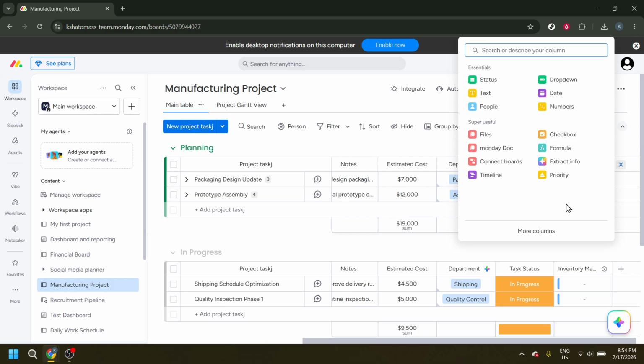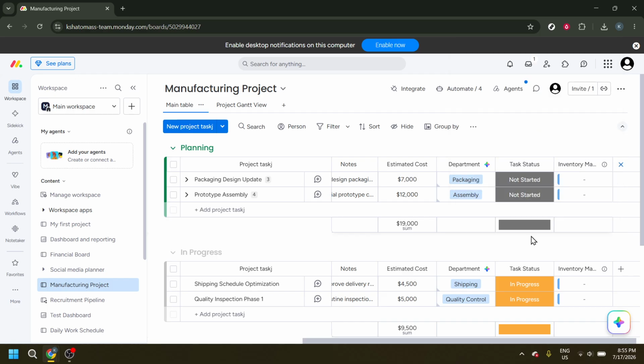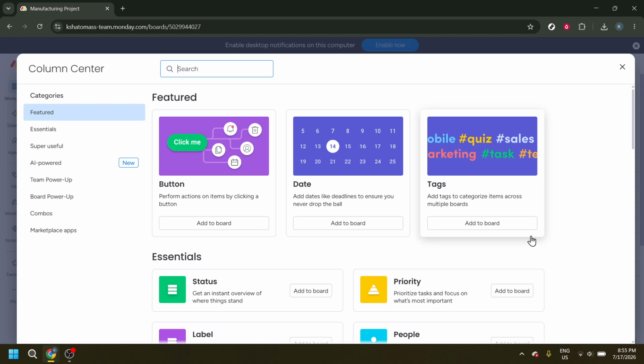After clicking the plus icon, a menu will appear with different options for column types. From that menu, click on More Columns. This takes you to the full list of available columns, which is helpful because not every option appears in the smaller Quick Add menu. If you're not seeing the exact feature you want right away, this is the best place